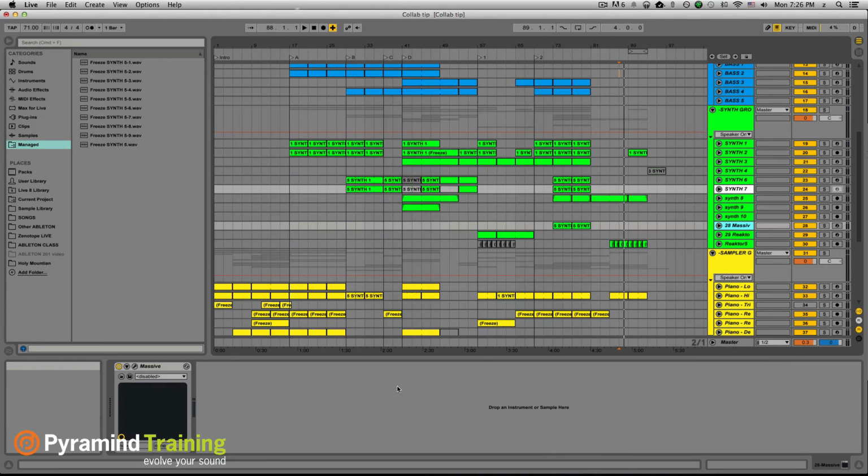So there are two different types of workflow that I want to talk about. The first one is going to be what to do with your Ableton session if you are sending it to somebody who is also using Ableton. And then the second way is what to do if you are sending your song to somebody who is not going to be using Ableton, because there's going to be a big difference in how you prepare your files for your collaborator. So first, let's talk about how to prepare an Ableton session to send it to somebody else also